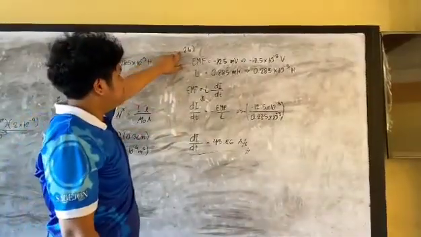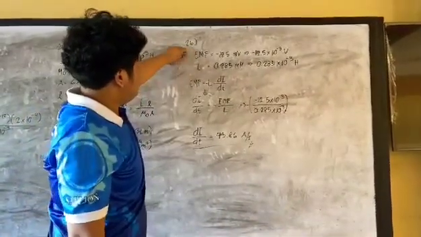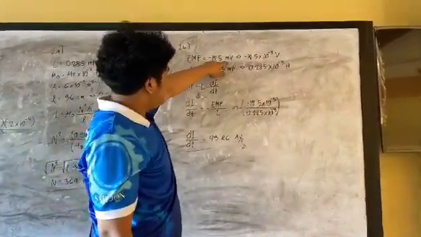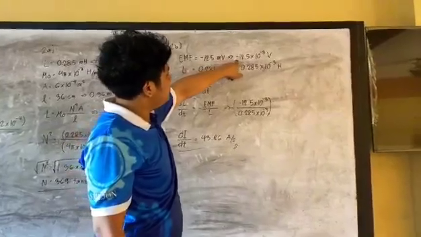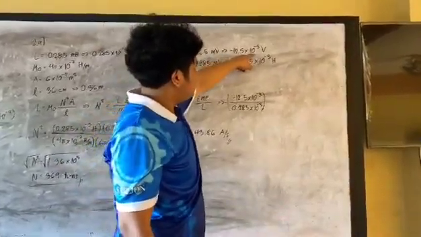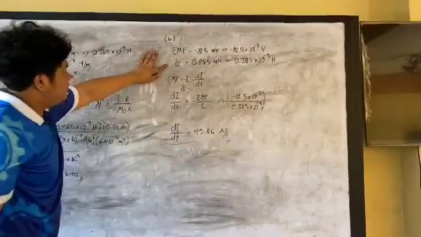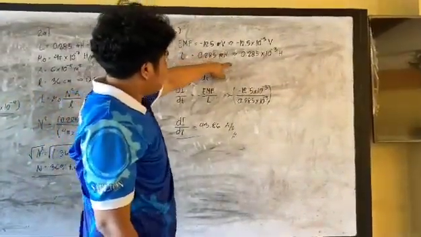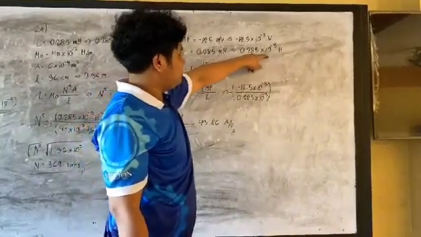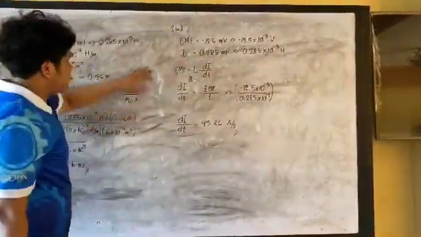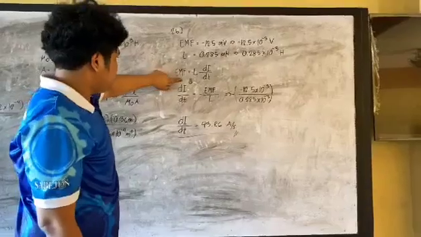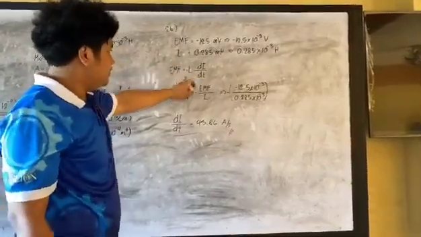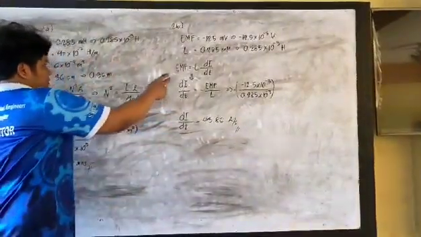Then we have 2b. The given EMF, or electromotive force, is equal to negative 12.5 millivolts or negative 12.5 times 10 to the negative 3 volts. Then we have the inductance, or L, which is equal to 0.285 millihenry or 0.285 times 10 to the negative 3 Henry. Then to solve for the EMF, we will use the formula negative L times di over dt. Then we will just derive it.